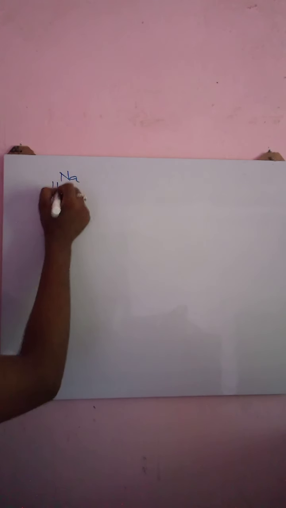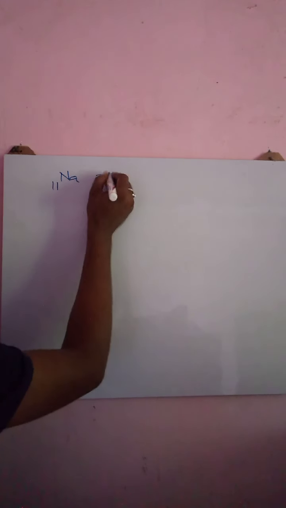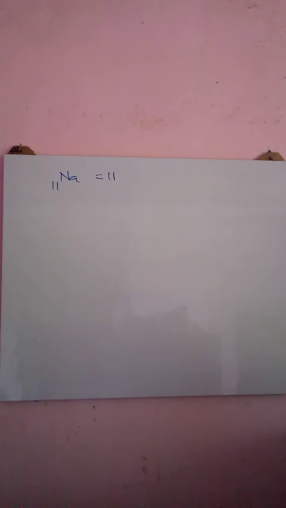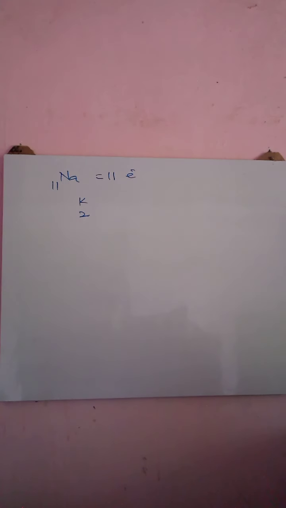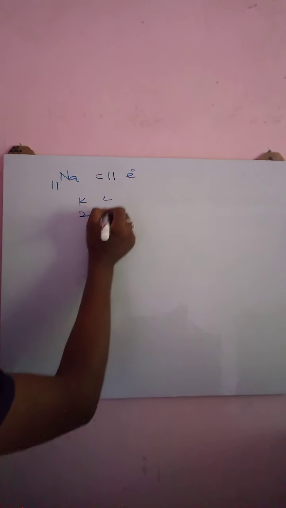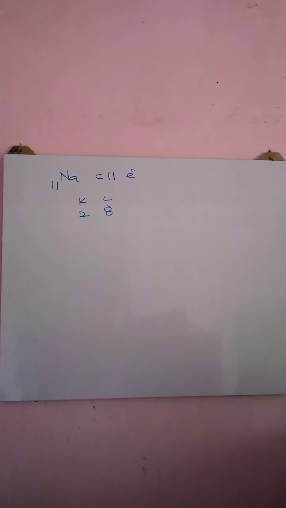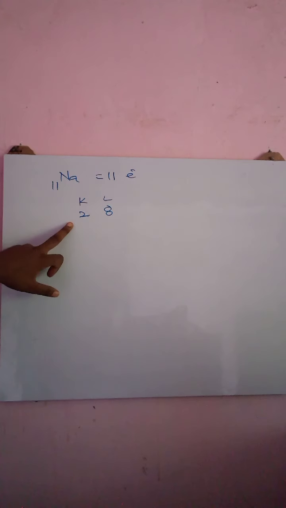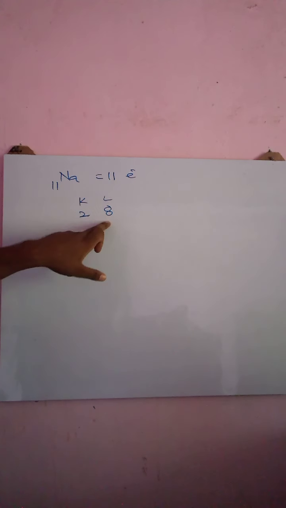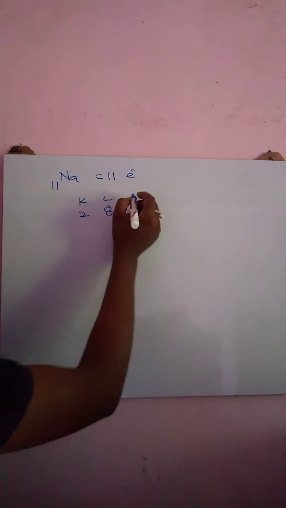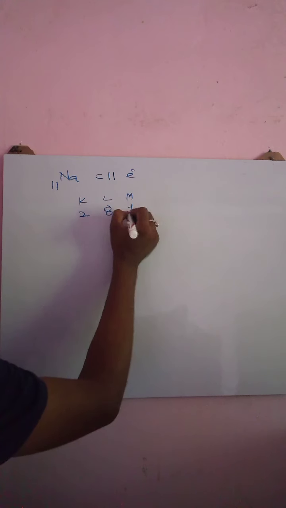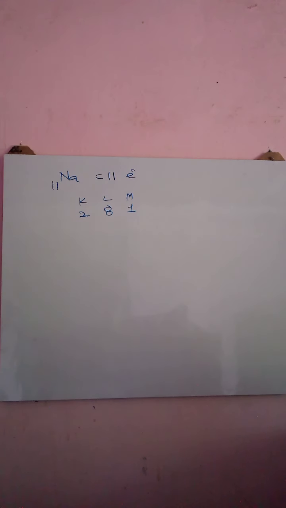Now directly come to sodium, atomic number 11. Sodium, atomic number 11. Clear? How many electrons in total? 11 electrons. K shell capacity is 2 electrons. How much remaining? 9 electrons. L shell capacity is 8 electrons. After filling the K shell, 9 electrons were remaining. The capacity of L is 8 electrons, so we fill 8 into the L shell. How much remaining now? 1. That remaining will go into the M shell. The capacity of the M shell is 18 electrons.